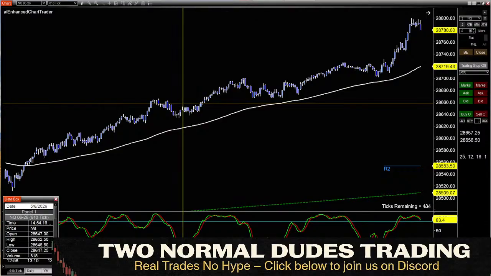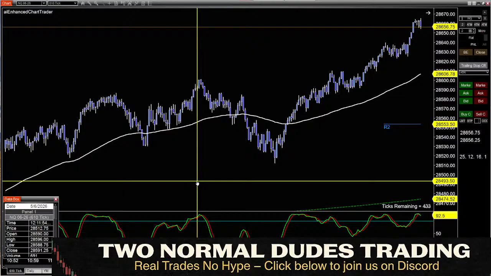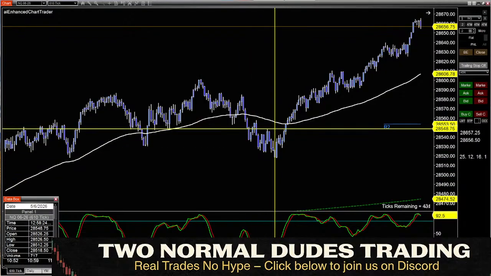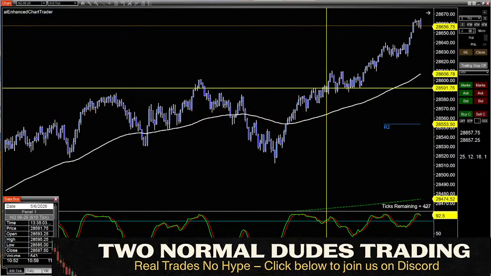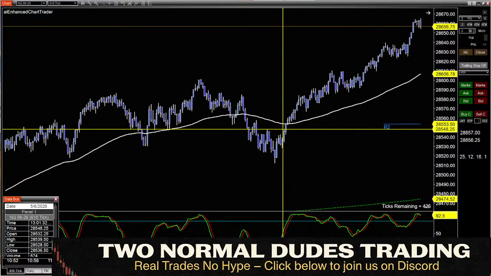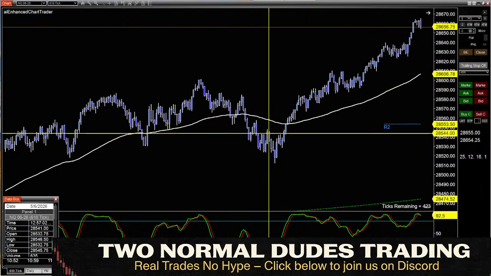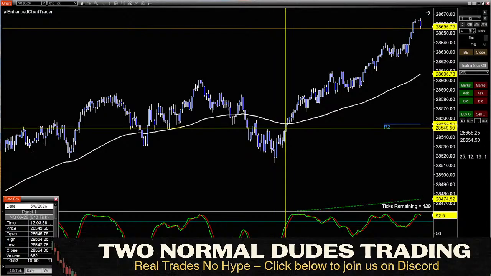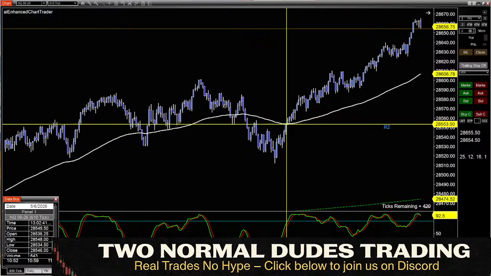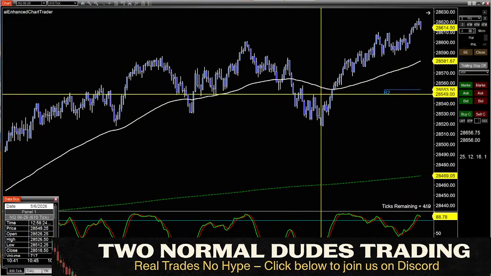Stochastics down, pull back. You need to wait for a structure to be broken like this. Now that's too much risk for you on 5 minis or 5 micros. But if you did 2 micros, this will be a great trade right here. And this is why we went to 2 micros, because these become great trades. These are $70 trades on the micros, right there. You see the structure that I'm talking about?